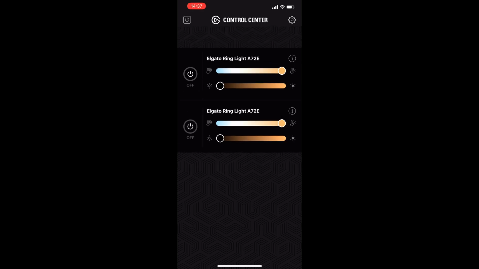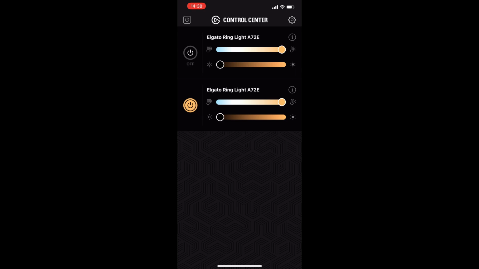So you can see you have two ring lights, but I actually have only one. And whenever I select anything on one of the controls, it gets automatically replicated to the other control. So it's not that you would have different values on each of these, you would have exactly the same, and whenever you slide one slider, it will slide the other slider as well. So that's another issue, but if you kill the application and reopen it, this eventually will disappear.